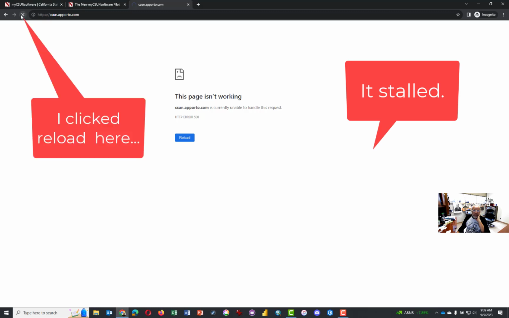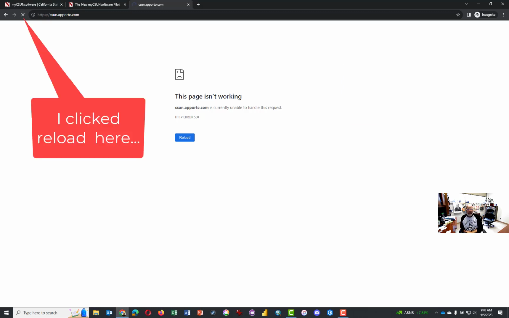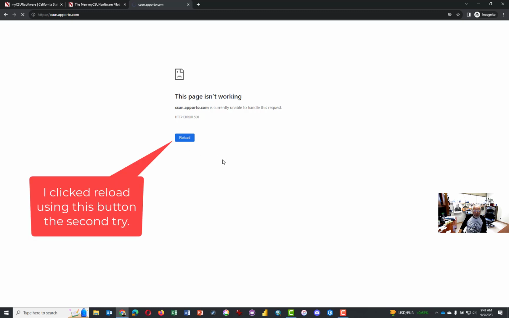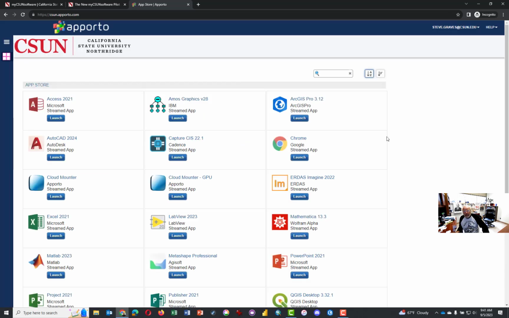Click reload. I just did this moments ago and had no problem. So it's helpful sometimes to see when the software doesn't work or the web page doesn't work as you would like. Appears to have stalled again. I'm going to click reload once more. Finally, at almost 5 minutes into the video,